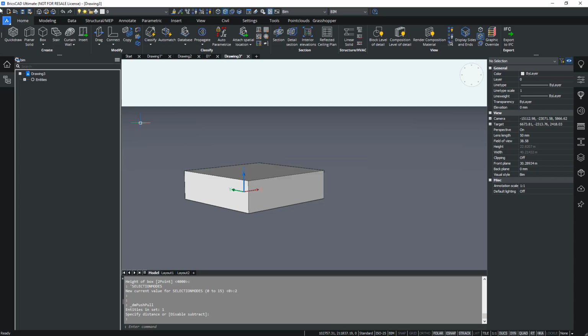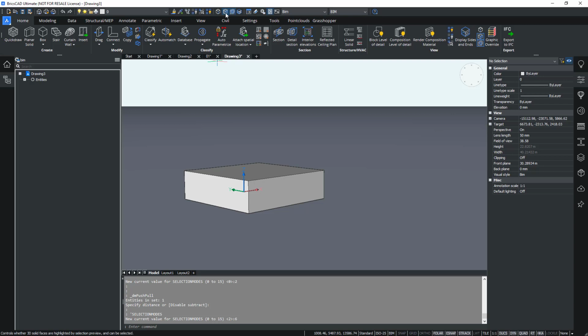Now, more about the selection modes. Selection modes can be found in the Axis 3D toolbar on top of your screen. You can click the Faces option and the Boundary options.